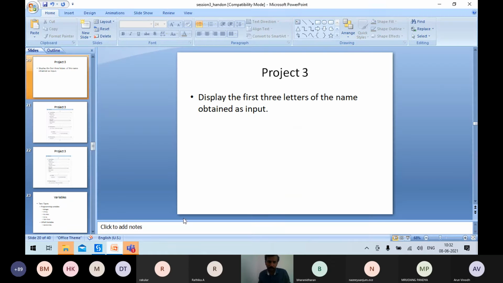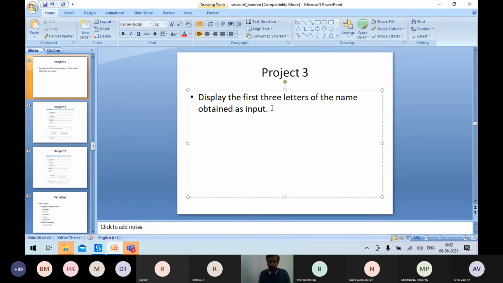For example, I'm typing my name Srihari. I need the first three characters. Indexing starts from 0, so the 0th character is S, then R, E. This is my index length: S is at the 0th position and my length is 3.